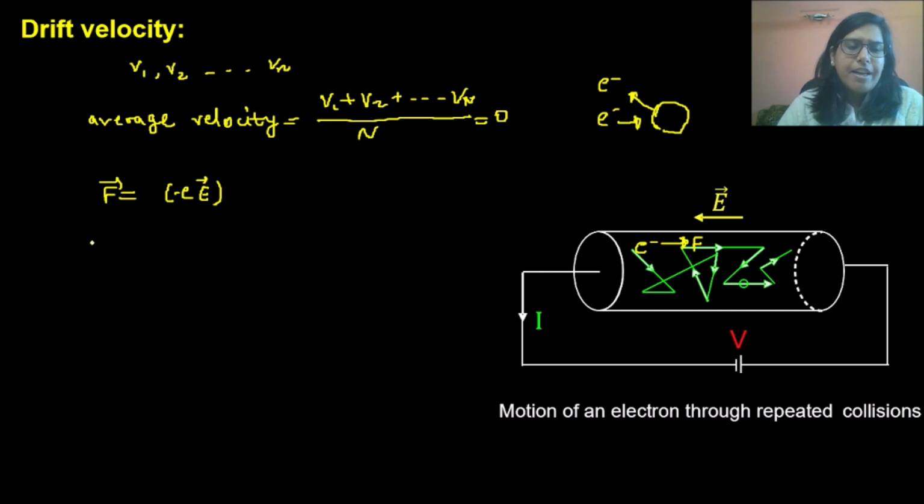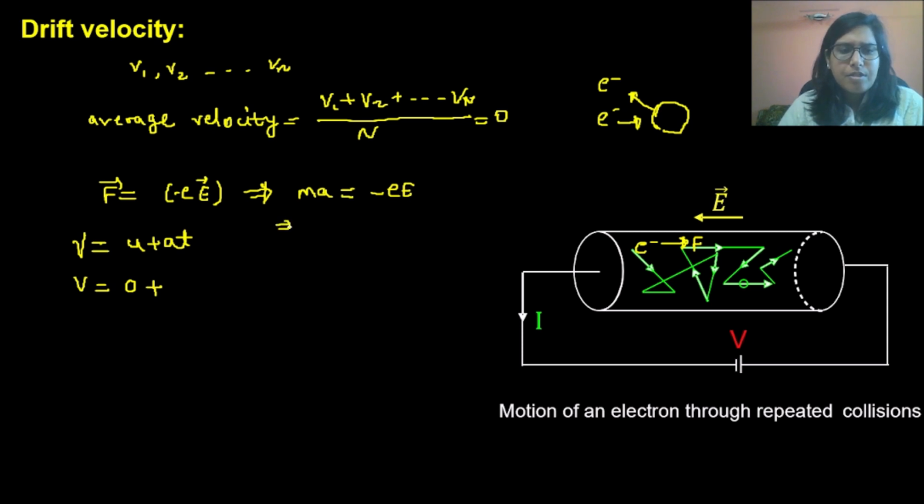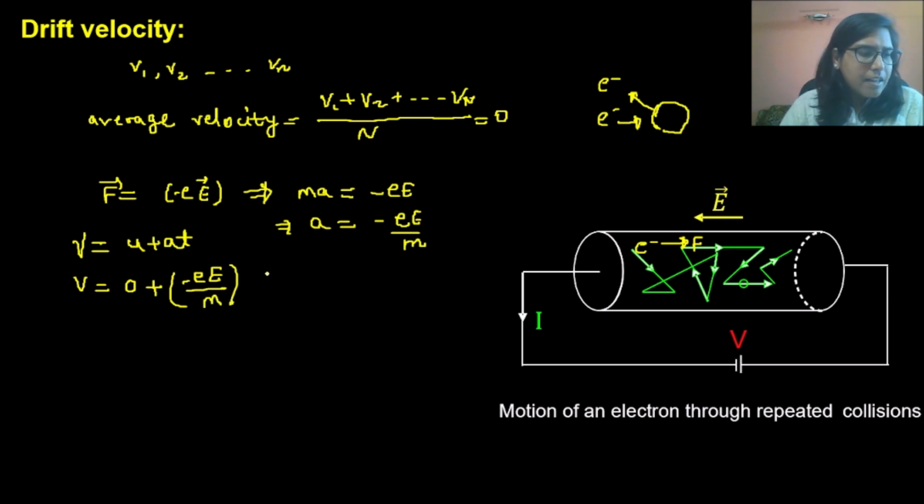That means the electron will accelerate in this direction, and we can write V equals U plus AT. Right? V is the velocity of electron just after the last collision, and U initial is 0 plus A. A we can write from F equals ma from Newton's law. So this A is minus eE by m, and T is the time,